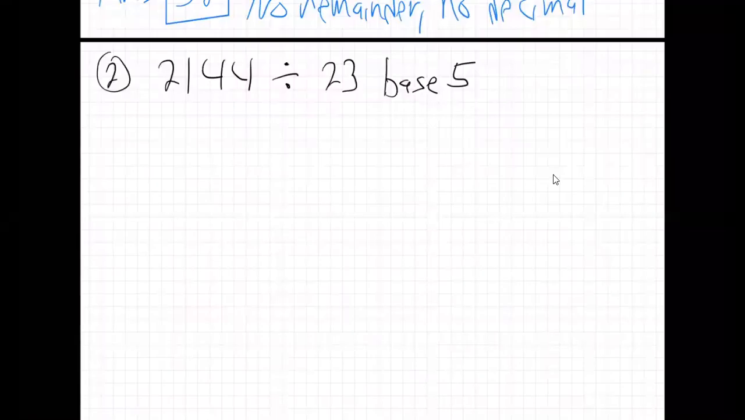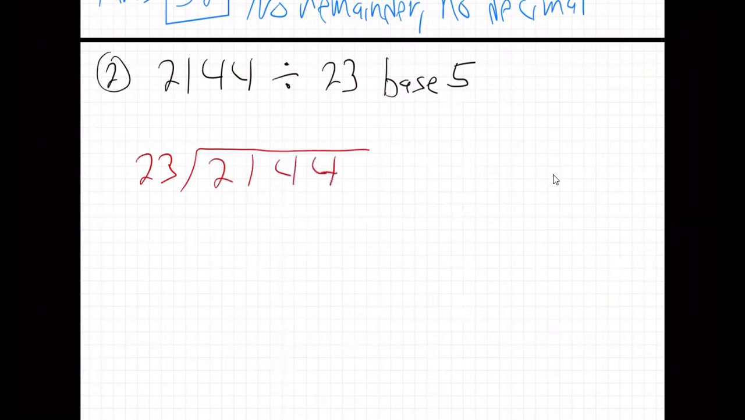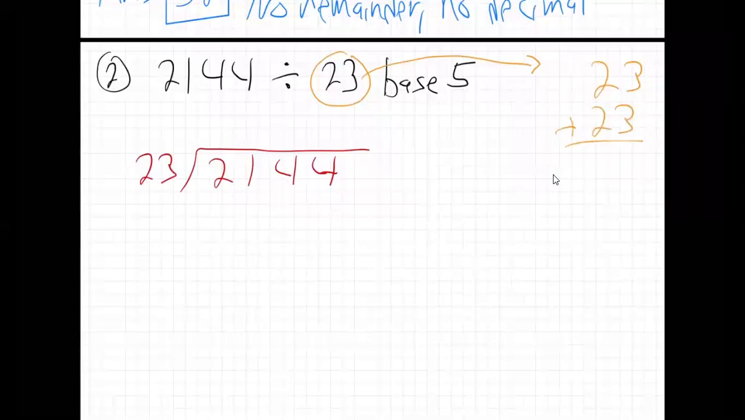Okay, now that we've done the whole process, we know what to do. We go 23 into 2, 1, 4, 4. Where do we start? What's the first thing we do now? Figure out how many times 23 can go into 214. Right, and to do that, we take that 23 over on the side and we add it to itself